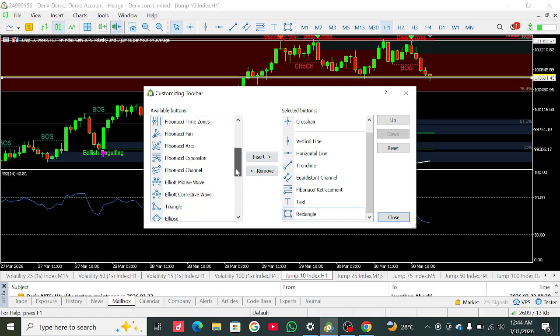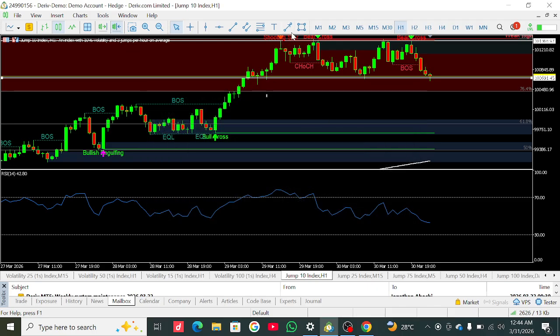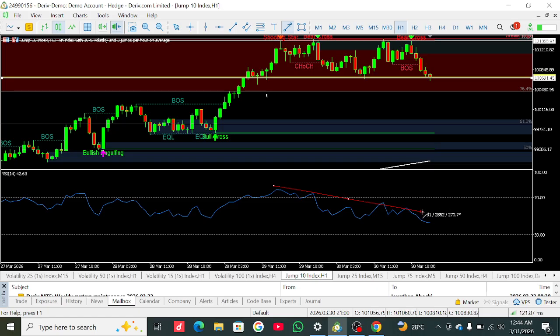I need an arrow here. I need an arrow line. Insert. Okay, it's there. So you can see from here to here, from here to here, you can see how slant the arrow is. And